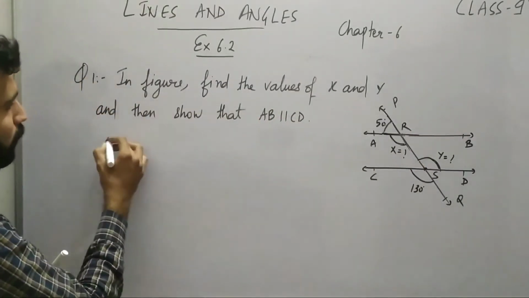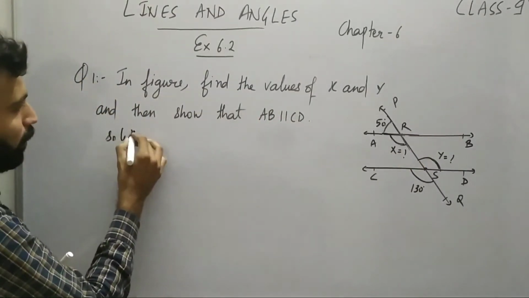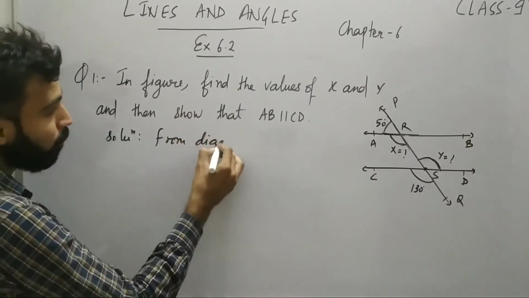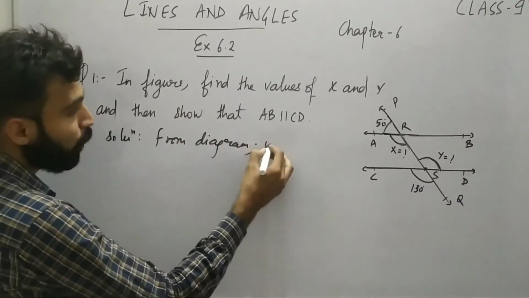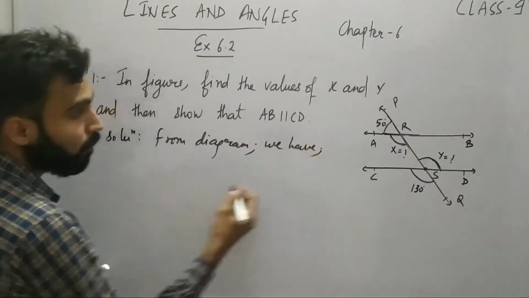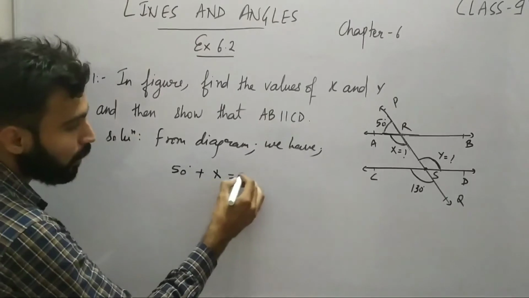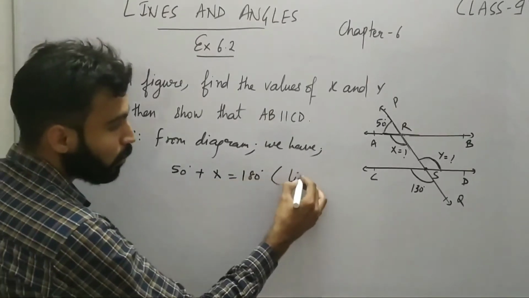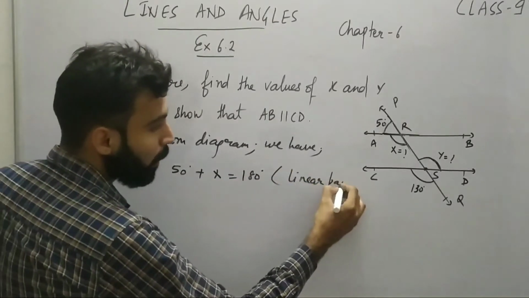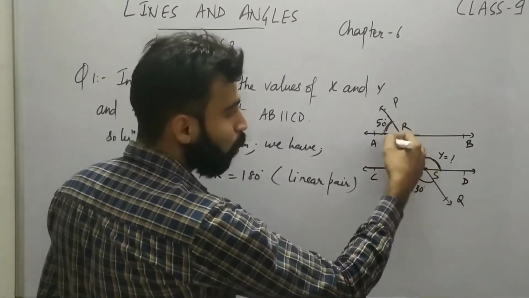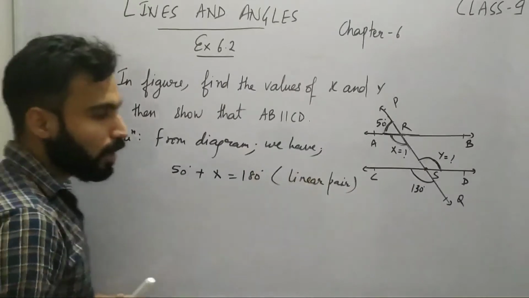So let me just start here that from diagram we have 50 degree plus x is equal to 180 degree, because both are linear pair. You know, both are the adjacent angles and they combinedly form 180 degree, and those two angles are called linear